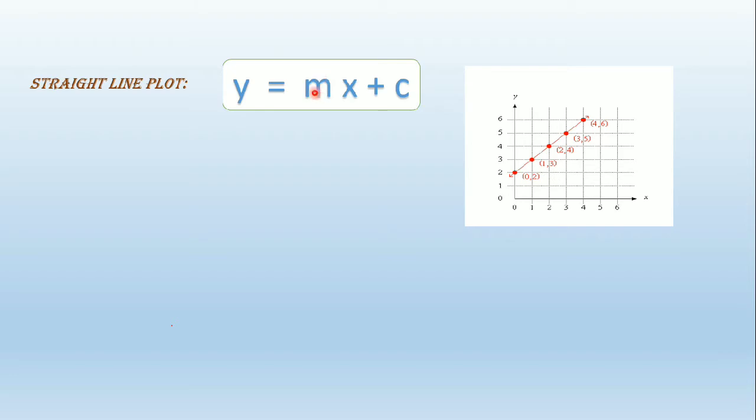Whatever equation it might be, in place of y there could be volume, there could be pressure, whatever it is, if it resembles y is equals to mx plus c. And I had also told you that when c is equals to 0, the line passes through the origin. The line would start from here and then it would move on here. So this is a very important concept. Now we'll apply this concept in the Charles law equation.